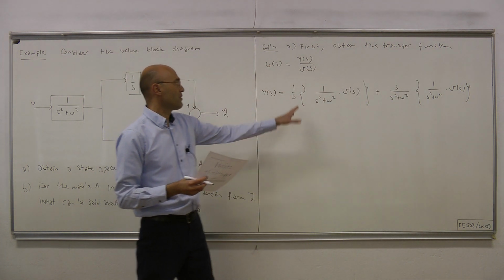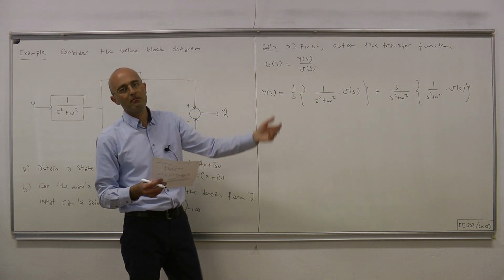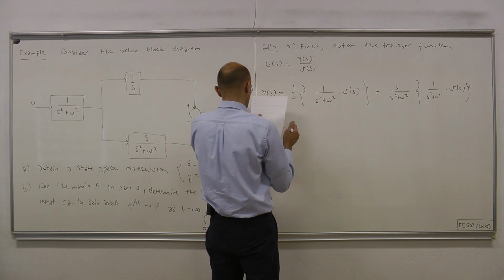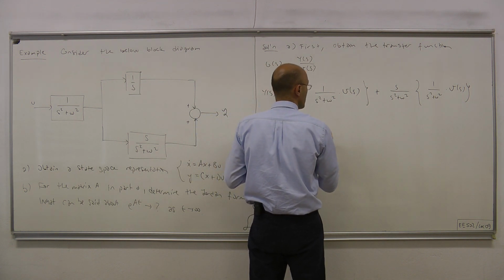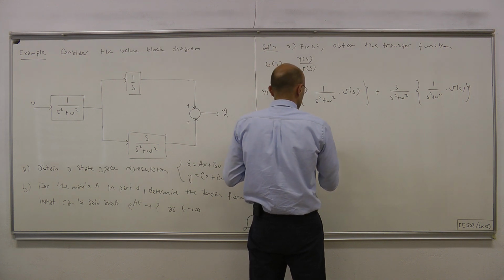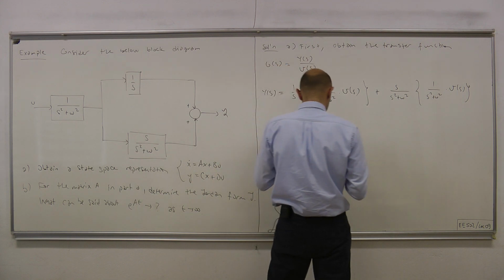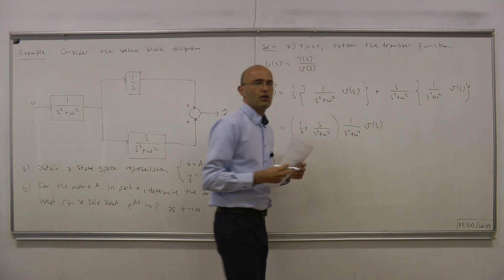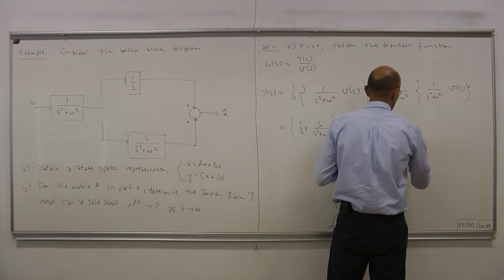If you write this as Y of S equals something times U of S, that something must be the transfer function. So let's do that. This equals 1 over S plus S over S squared plus omega squared times 1 over S squared plus omega squared U of S,